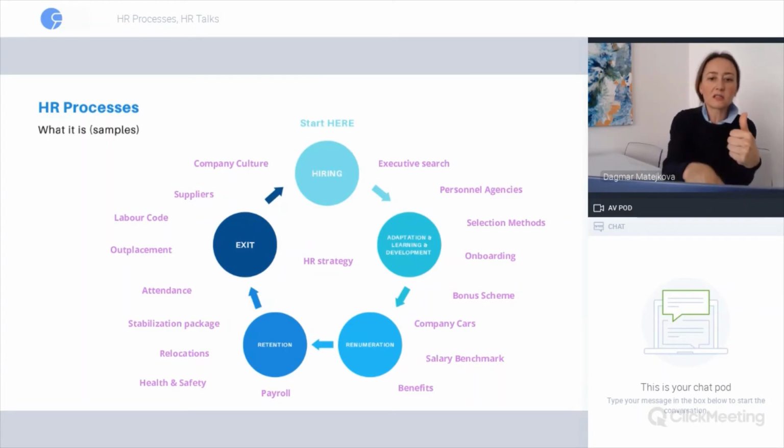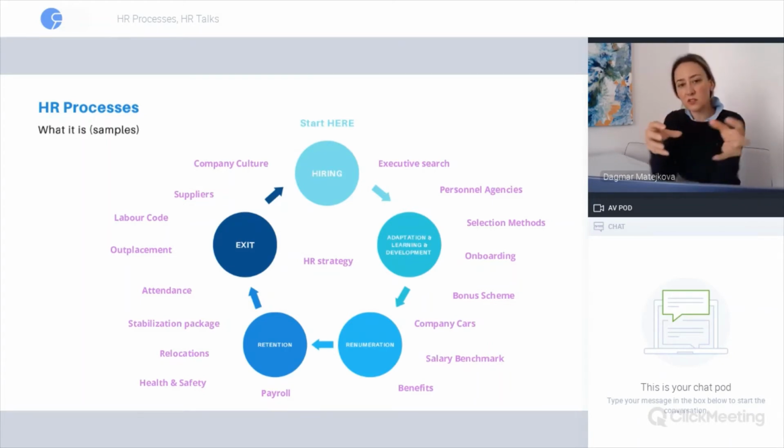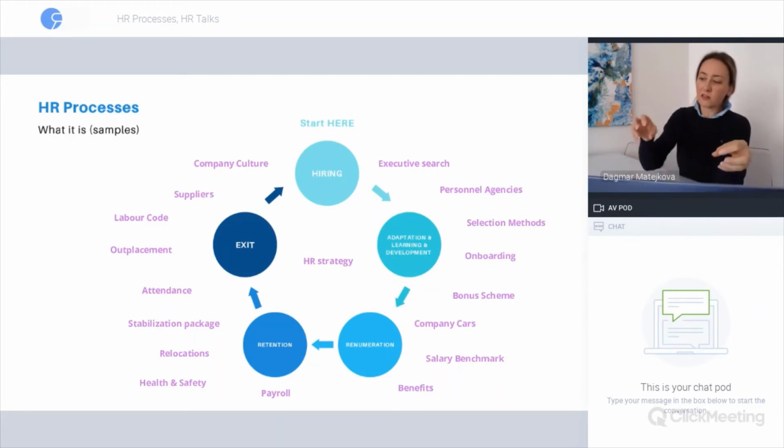If you are starting with the learning and development, you've forgotten something, and then you need to pay money for that. And normally these people are staying within the organization 2-3 years and then going. So what is the point? I don't see it. So that's why you need to have a very specific process for learning and development. It has to be connected with the hiring, as we said.